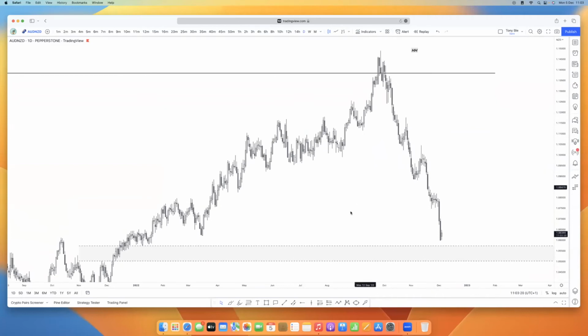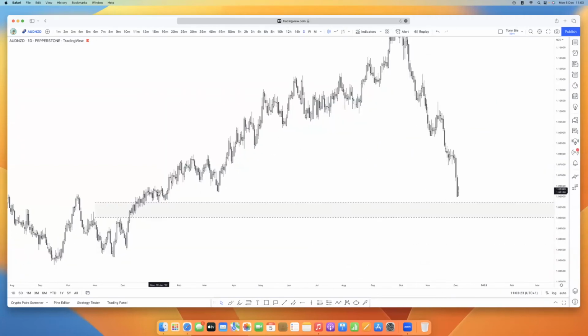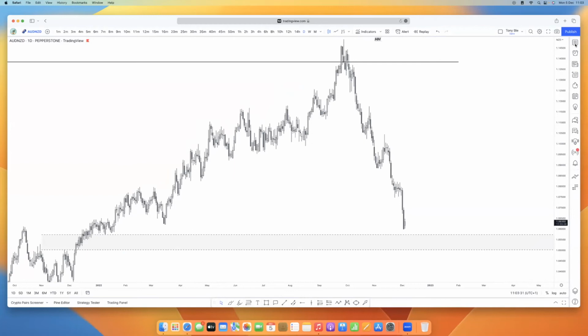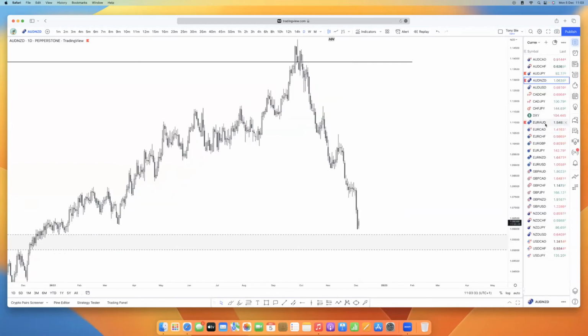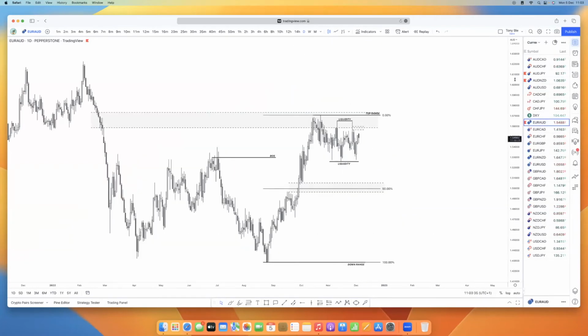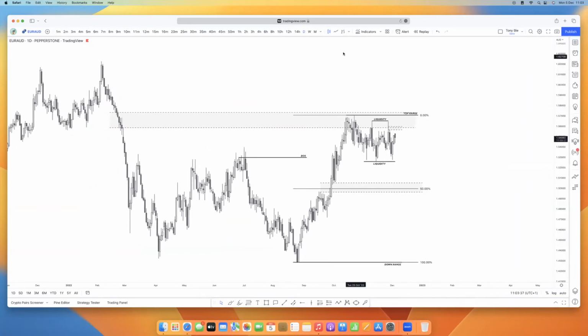So basically, I'm not saying anything because it's just slow price action to the upside. So the idea is from the weekly, from the monthly. So just keep an eye on the monthly. Okay, so this should still sell down a little. And then Euro AUD. Yes, for Euro AUD.